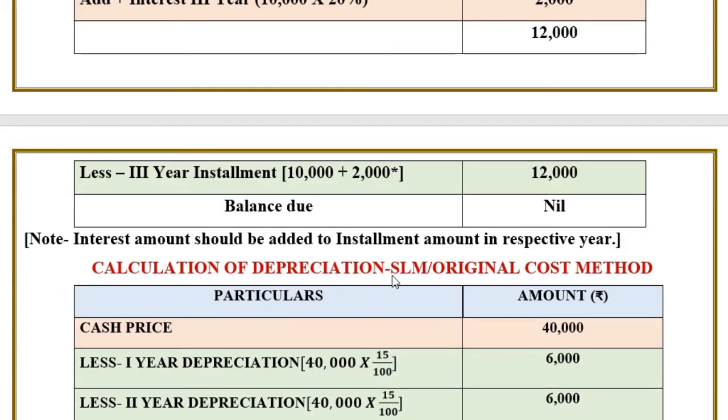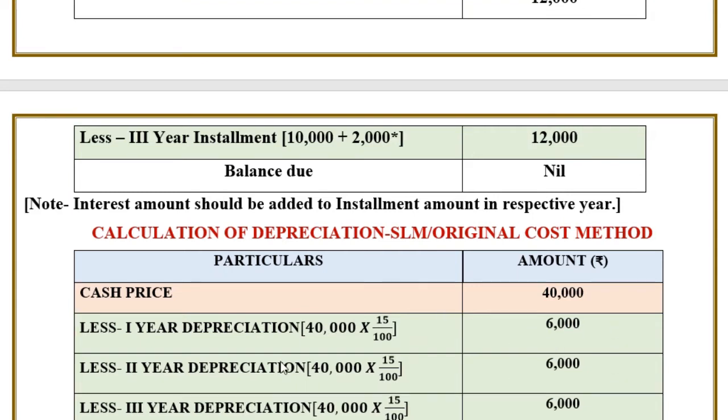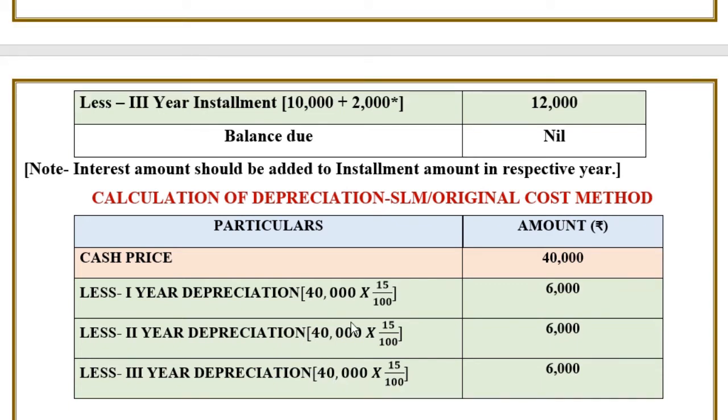Calculation of depreciation, original cost method or straight line method. You calculate depreciation on the cash price, that is 40,000 rupees. So what is the rate of depreciation? It is 15%. So 15% of 40,000 is 6,000 rupees. The first year depreciation is 6,000, and second year depreciation,